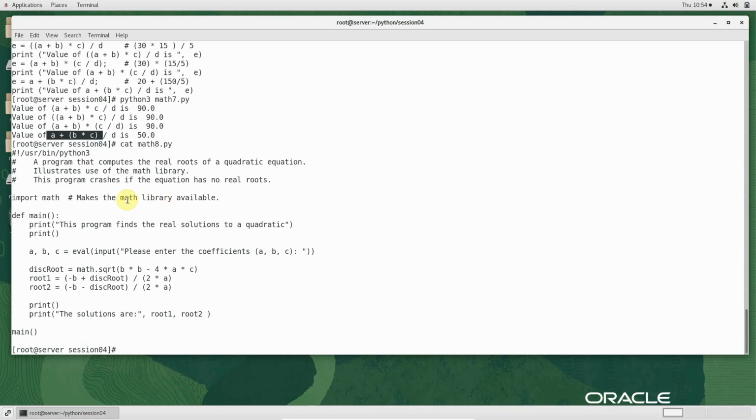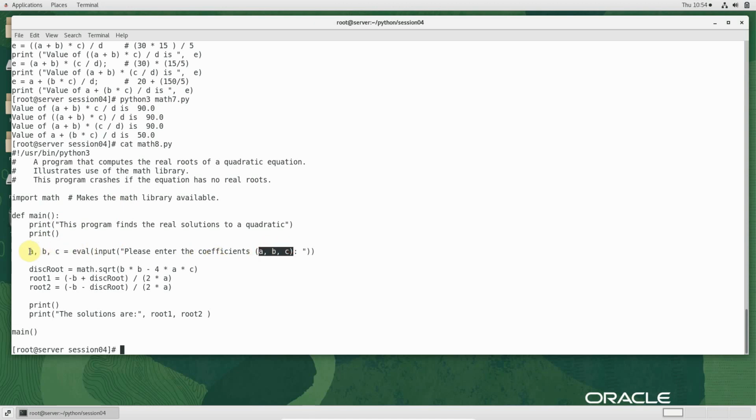This example is a very interesting library. For the first time it is using the math library, and this expression is actually calculating quadratic equations. Have you heard of quadratic equation in mathematics? Quadratic equation, roots of an equation, b square minus 4ac square root divided by... yeah, you remember that? This is the same thing. We are taking the values of coefficients A, B and C.